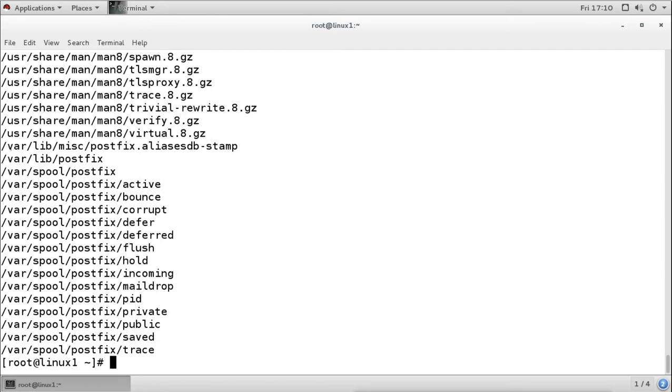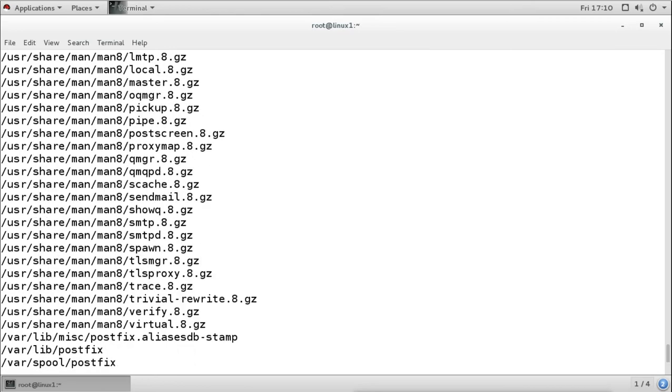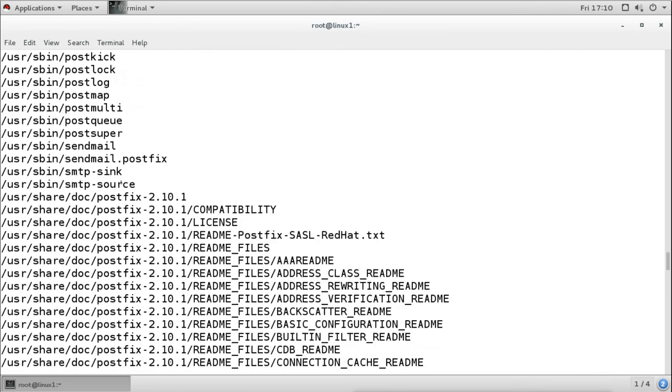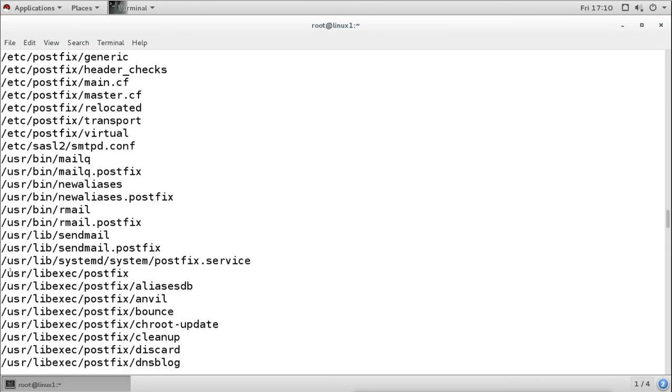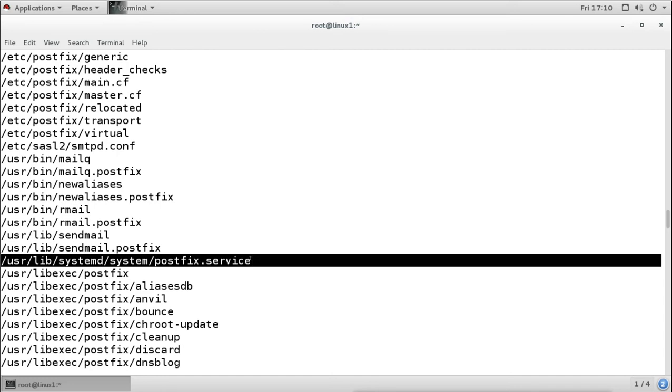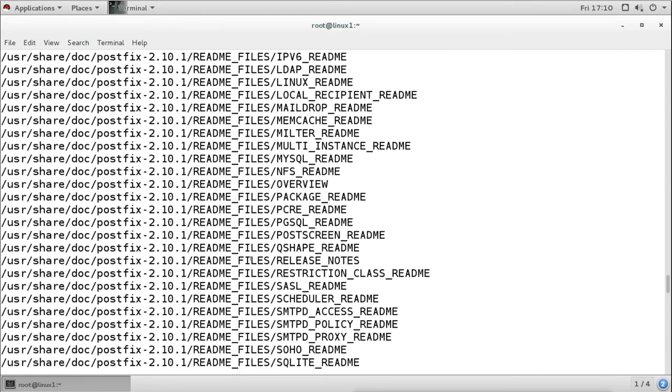Then we have the lib directory here. Under the lib directory we have the library files here, and we have the services. This is a service file, that is postfix.service. This is a service for Postfix.